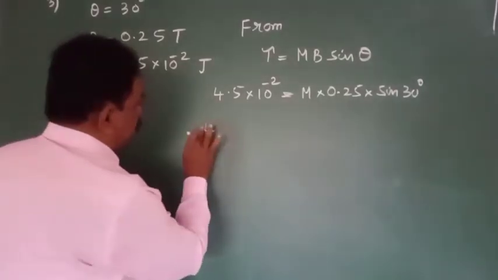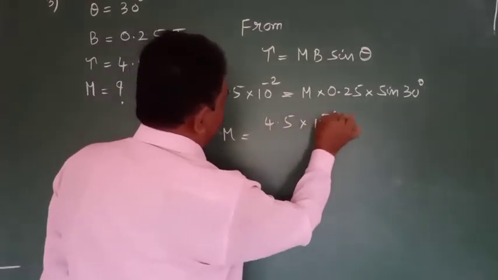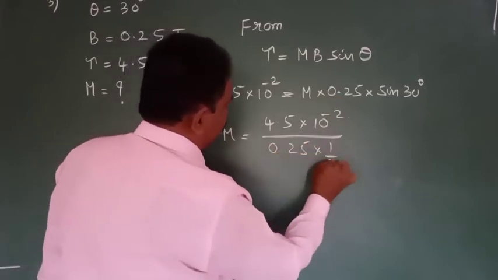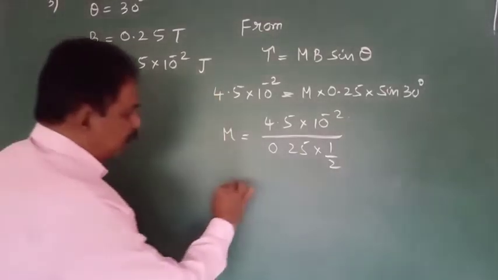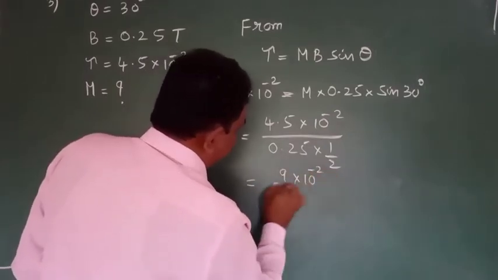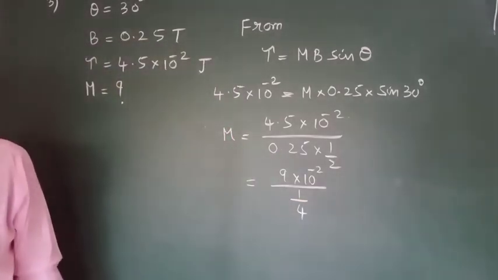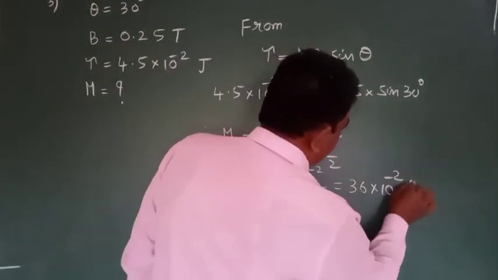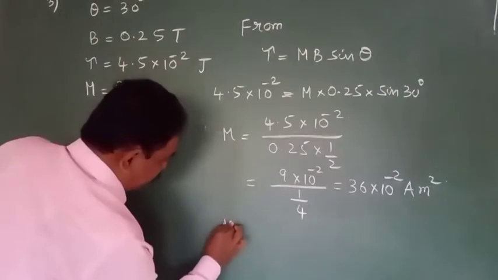See, so M is equal to 4.5 into 10 power minus 2 divided by 0.25 sin 30, and the sin 30 value will be 1 by 2. This 2 will go to the numerator. So 4.5 into 2 means 9, divided by 0.25, which means 1 by 4. So finally we will get this value as 36 into 10 power minus 2 ampere meter square, or we can write this value as